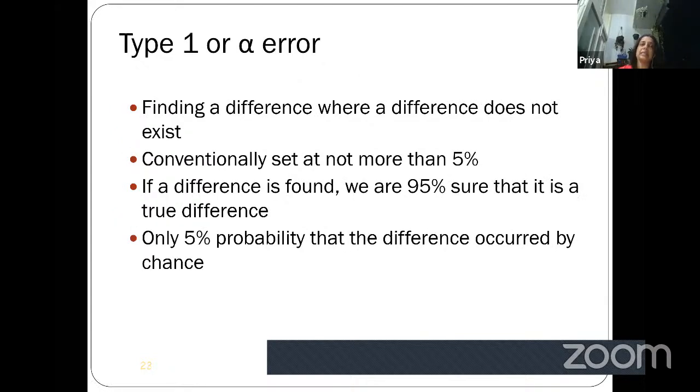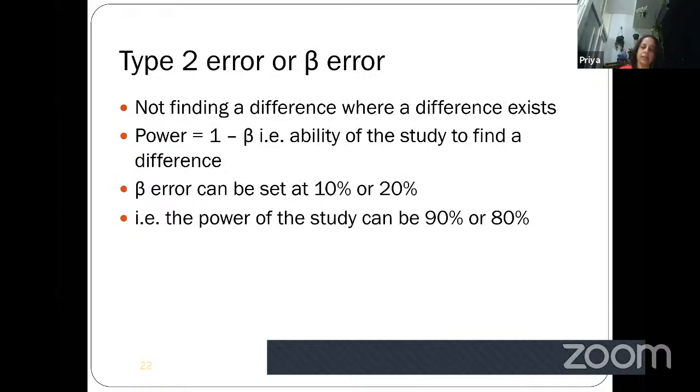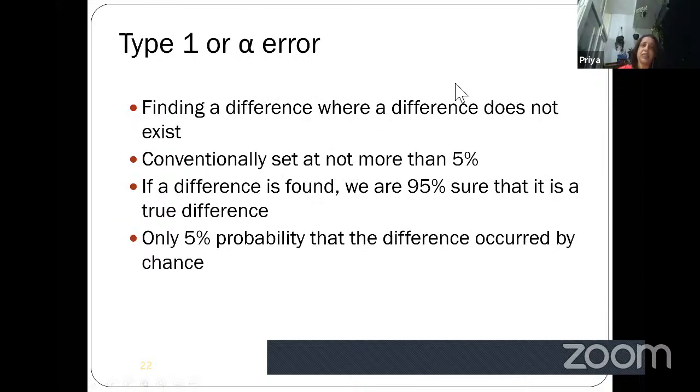The other thing is, why is alpha error kept lower than beta error? In a phase 3 trial, okay, if you find a difference between two treatments, you will implement the new treatment as standard of care, right? I'm comparing dexa with placebo. I find that dexa is much better than placebo, and therefore from now on, all kids with bronchiolitis will start getting dexa. Because my study has shown that dexa is better than placebo, it will become unethical for subsequent studies